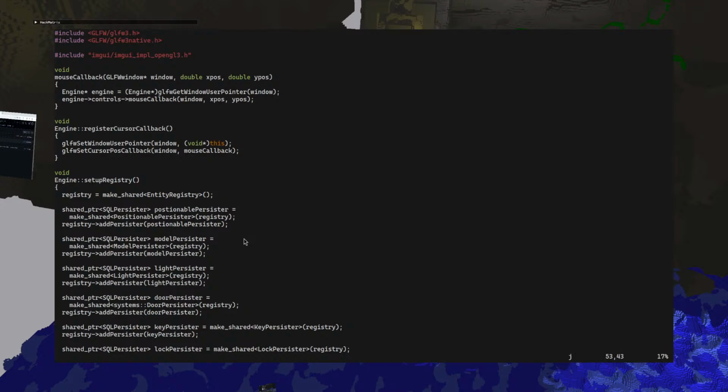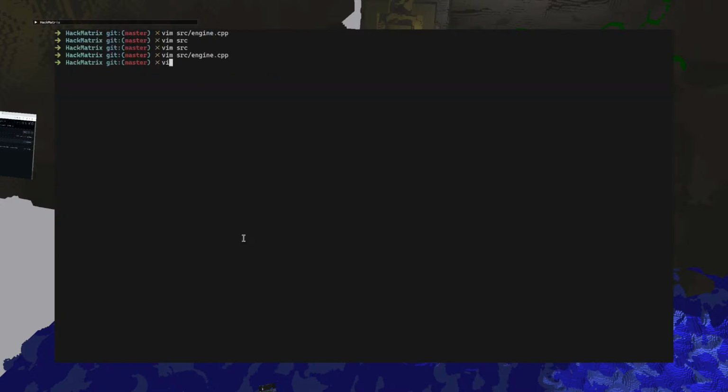Entity registry, which I think is an entity. So vim source entity.